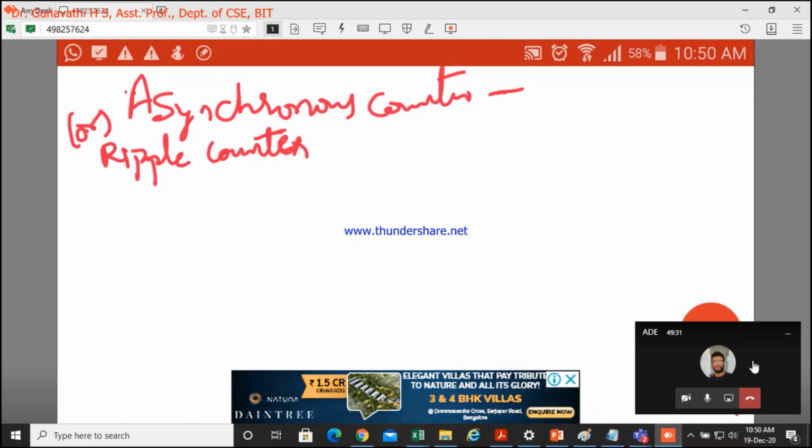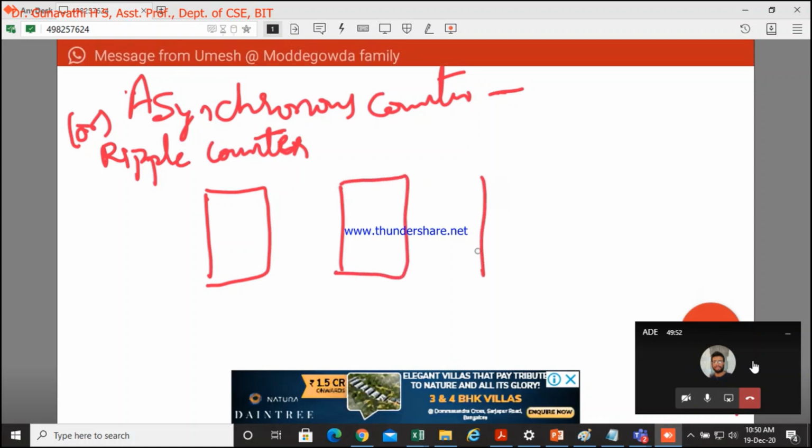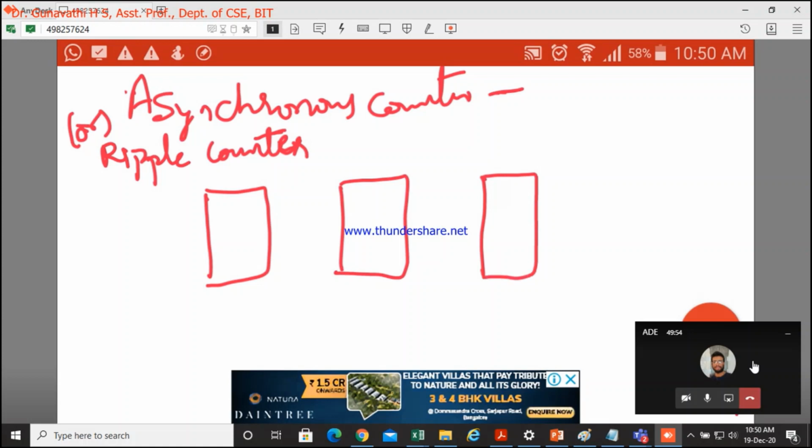Don't assume that as it is asynchronous counter, it should be only a decade counter. Definitely no. Based on how many bits we are using, that much count we can design. So I'll just write it: 3-bit, sorry, 8 discrete states. Okay, mod 8.